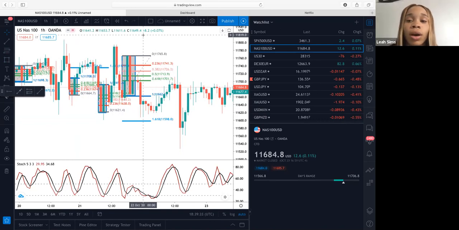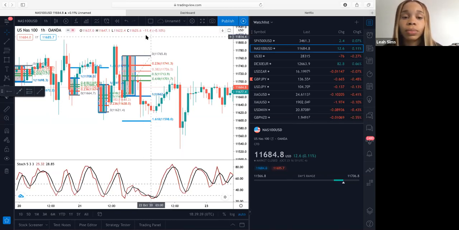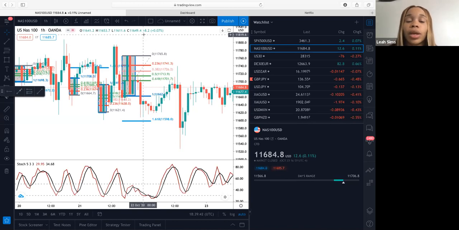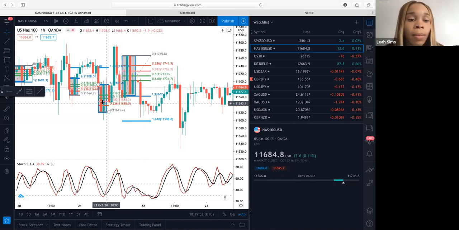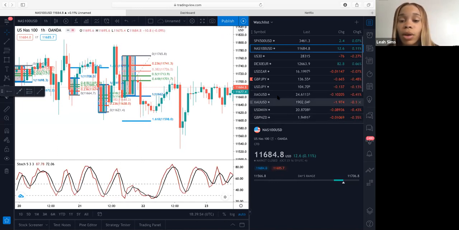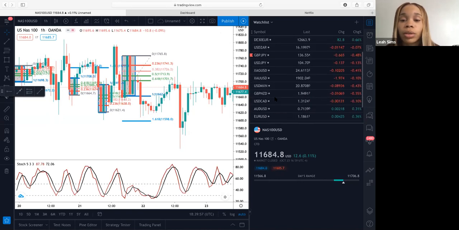You guys should also get the Candlestick Bible. The Candlestick Bible tells you a lot about the candles as well. It tells you a lot about the candles, dojis and gravestone dojis and things like that. So you guys should also get the Candlestick Bible too. But I could go to another pair. Let's go to